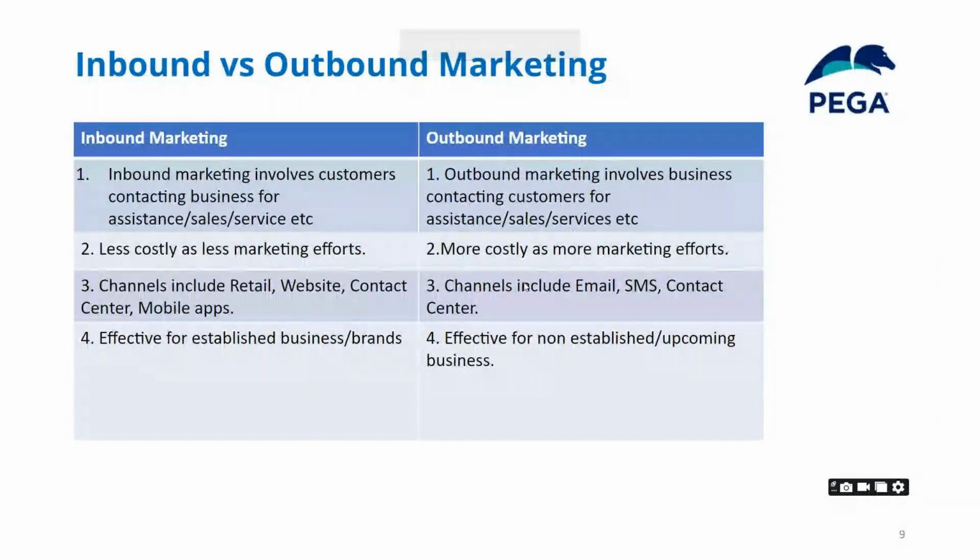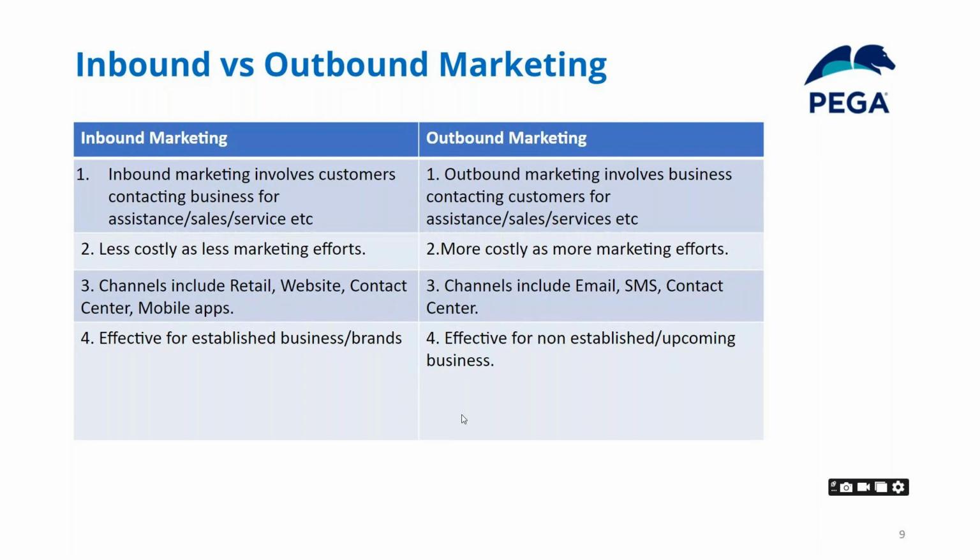Okay, so now that we have understood the difference between Pega decisioning and Pega marketing. Like I told you, Pega decisioning's main goal is to identify the next best action for a customer. That means for a given customer, what is the next best action that we can provide. Now, Pega marketing is how to deliver this next best action to the customer. Pega decisioning has already identified the next best action, and Pega marketing has to communicate it to the customer.